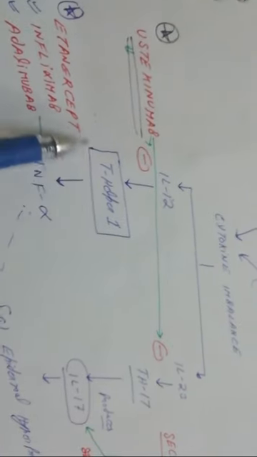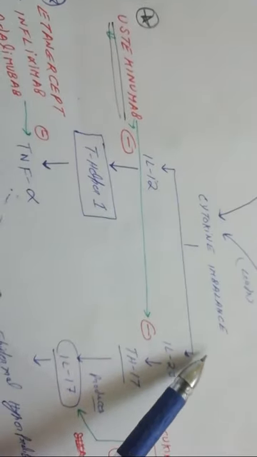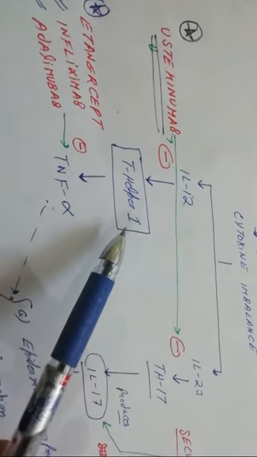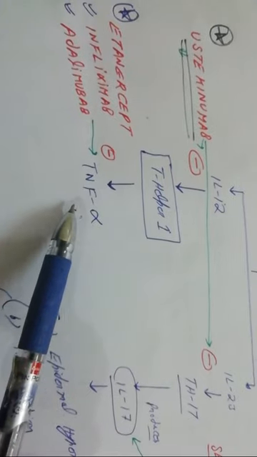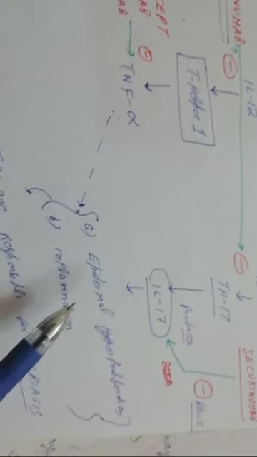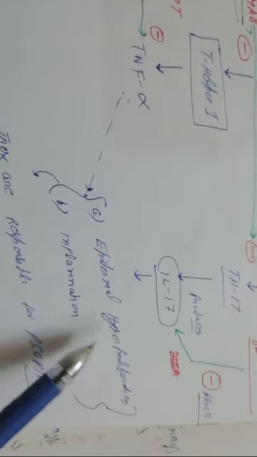So the first thing is, because of cytokine imbalance, interleukin 12 is increased and that activates the T helper cells, which release tumor necrosis factor alpha, and this tumor necrosis factor leads to epidermal proliferation and